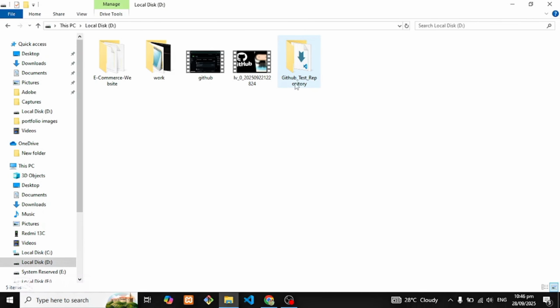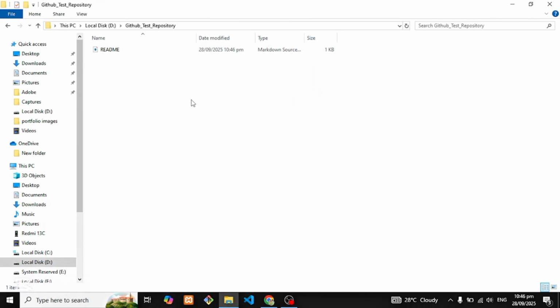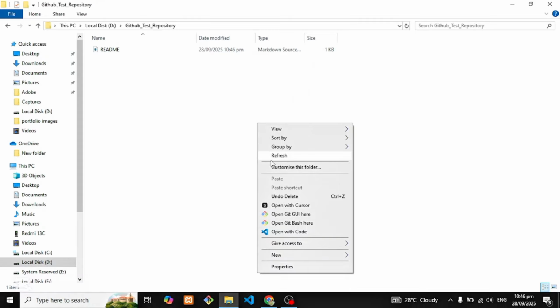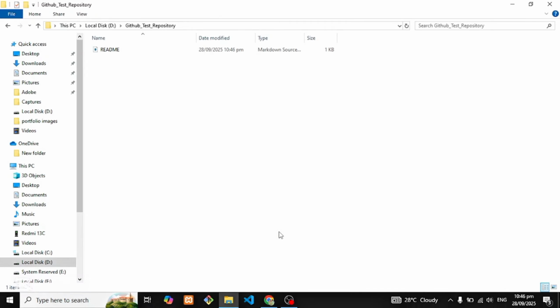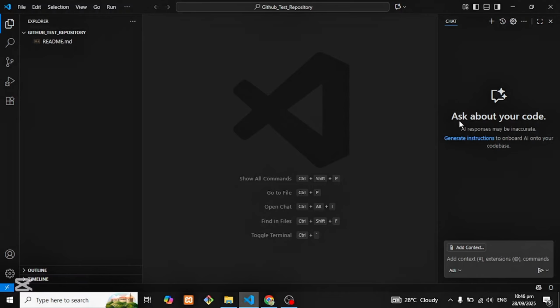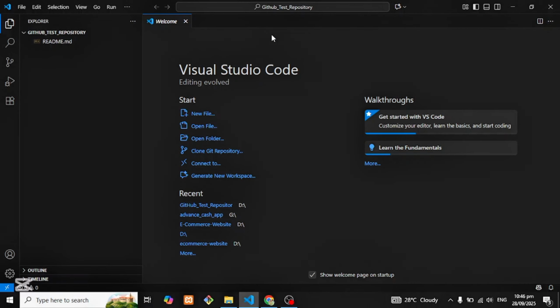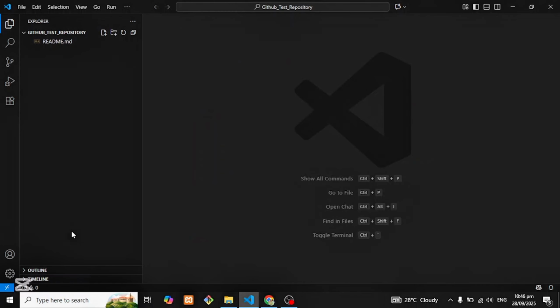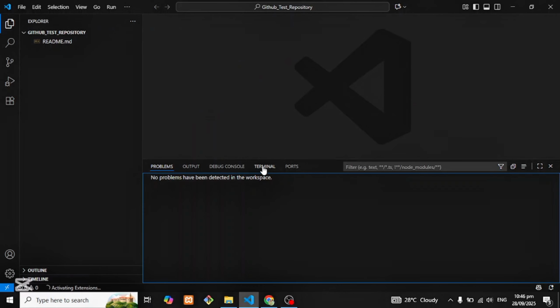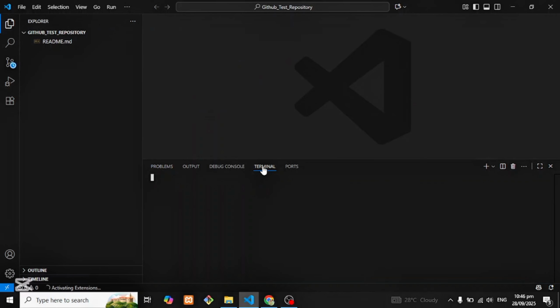Okay, so this is the repository which we have cloned. Let's open that. I will open it in VS Code. I will close this out. I will close this as well, and we will open the terminal. So I have opened the terminal now,